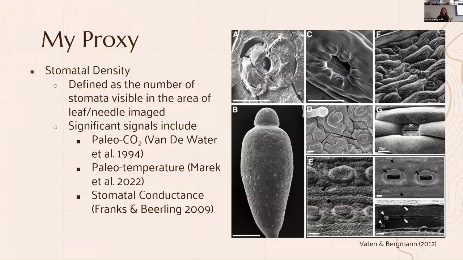So my proxy, as I said previously, is stomatal density, which is defined as the number of stomata visible in the area that you're looking at, whether it's a leaf or a needle. We can infer significant signals from this metric, such as paleo CO2 with Van de Water, but in more recent years, with more robust methods, we're finding we can also infer paleo temperature. And what I'll be looking at today is stomatal conductance, and more specifically, the plasticity of stomatal conductance,